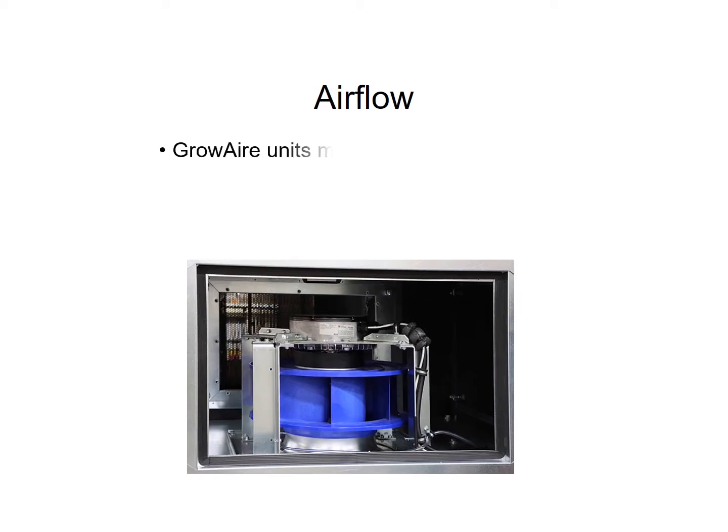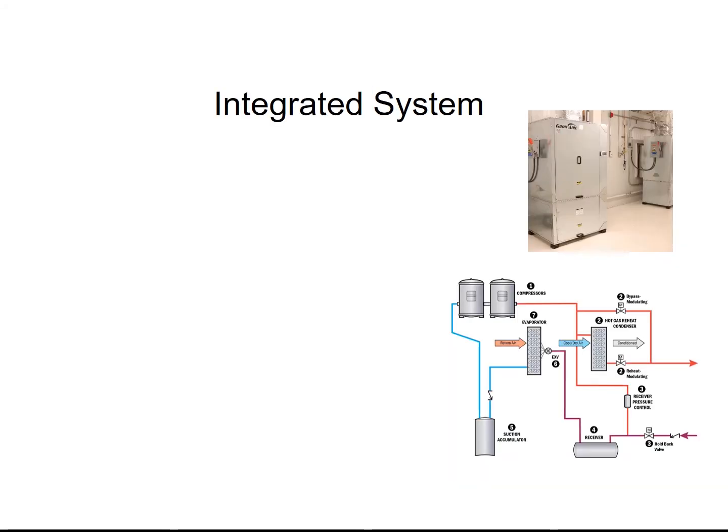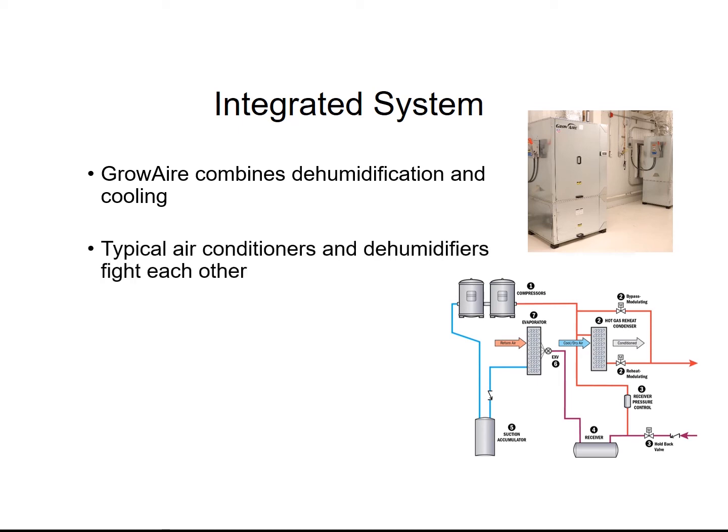The Grow Air units with VPD Sync Command environmental control technology have standard fully modulating variable speed fan control. The airflow varies through the grow cycle and provides a shift in the unit's cooling and dehumidification ratios. The sensible heat ratio of an environmental control unit is a measure of how much cooling is taking place versus the dehumidification. The Grow Air unit with VPD Sync Command Environmental Control will modify the coil temperature to minimize the dehumidification. As plants become larger, the Grow Air will automatically and dynamically adjust the amount of dehumidification.